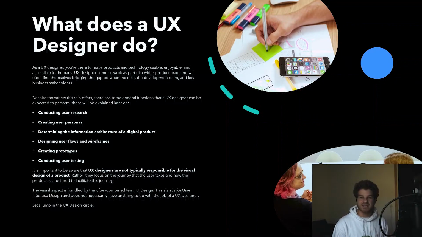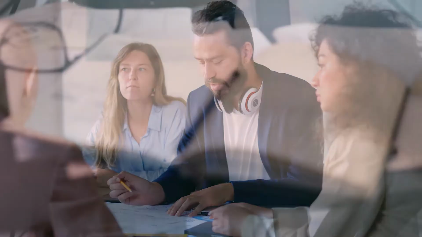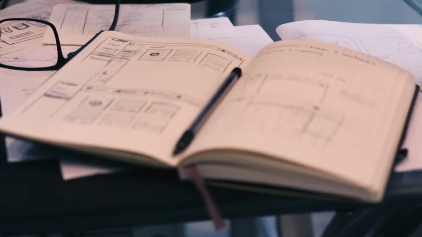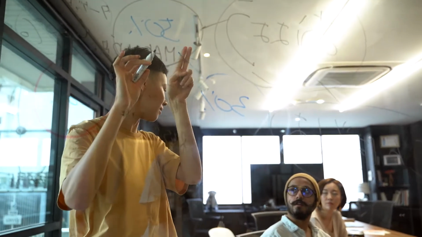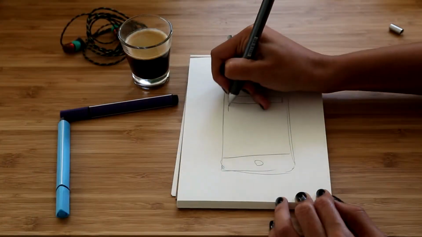Despite the variety that UX design has, there are some general things that basically every UX designer does. We'll discuss these in detail later on, but for now, they are conducting user research, creating user personas, determining the structure of a product, this is also called the information architecture, designing user flows and wireframes, prototyping, and doing user